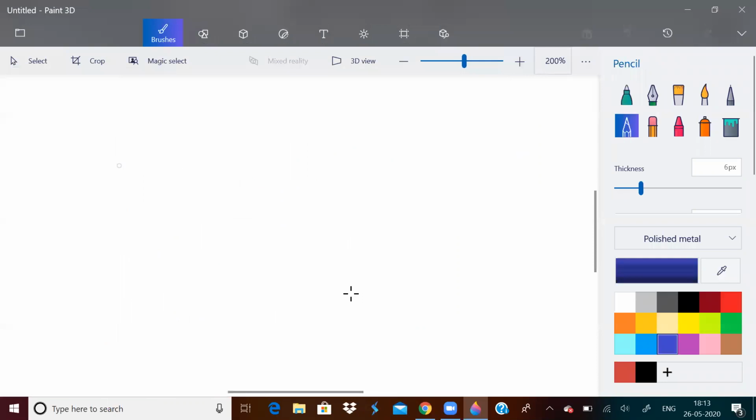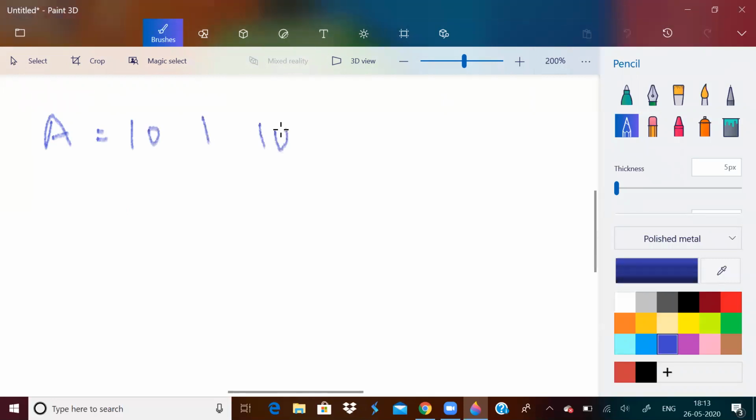So let us take the input arrays themselves. A is equal to 10, 1, 100 and B is equal to 4 and 3. I need to make how many pairs? N plus M minus 1, that is 3 plus 2 minus 1, 4 pairs.